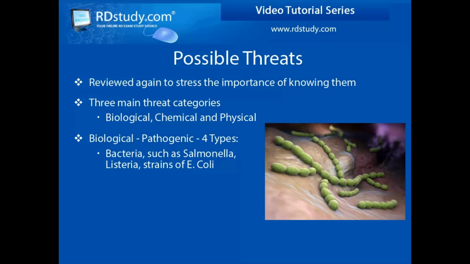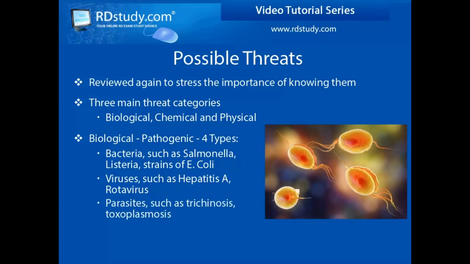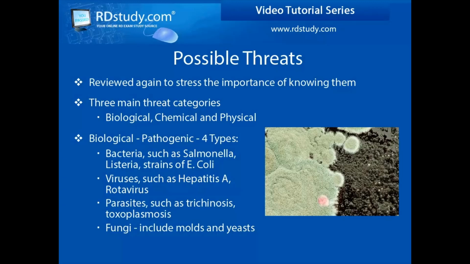You also have to consider viral threats, such as hepatitis A or rotavirus. There are plenty of parasites that can cause trichinosis or toxoplasmosis. Fungi, including molds and yeast. These are just a sampling of the biological pathogenic organisms or threats that you need to guard against when developing